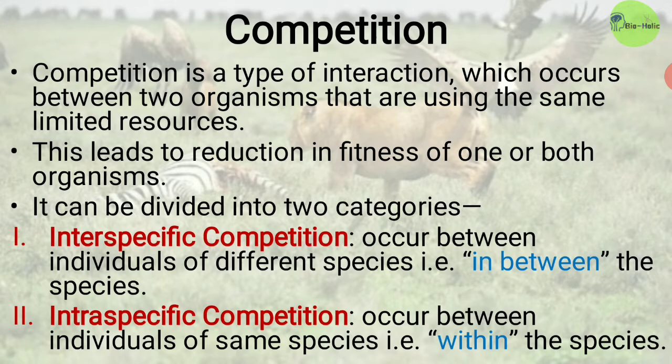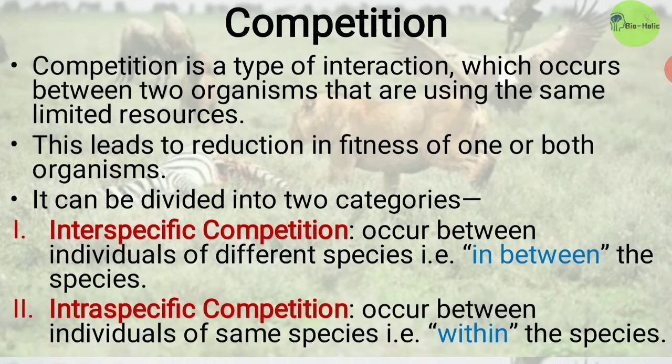So first of all, interspecific competition occurs between individuals of different species. That means in between the species, like competition in cat and dog, etc. That means which are from different species. Okay, and intraspecific competition occurs between individuals of the same species. That means within the species, like two dogs are fighting, two cats are fighting, etc., which are called intraspecific competition. Okay,